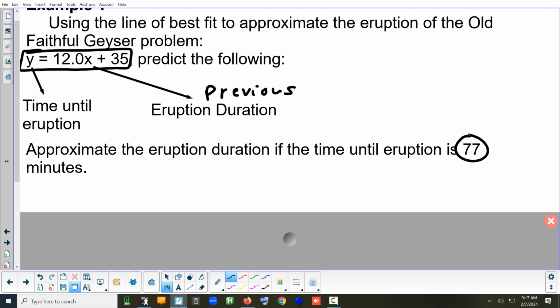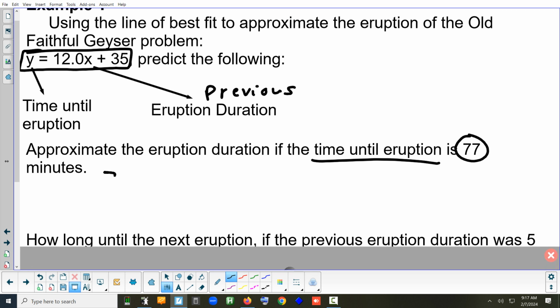So Y. Y is time until the eruption. Okay. So any question why the 77 gets plugged in for the Y? It's not the duration, it's the time. And Y is the time. So let's fill that in. So 77 equals